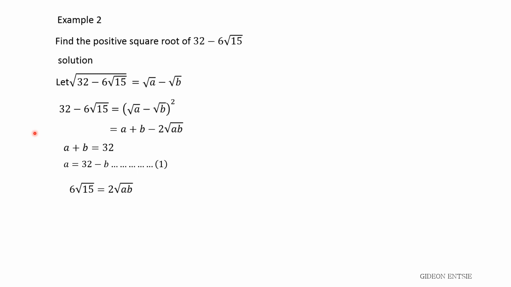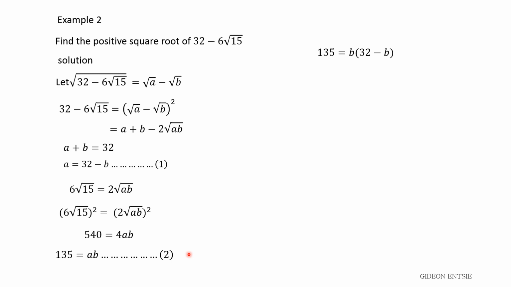By comparison again, we see that 6 square root of 15 is equal to 2 square root of ab. Now squaring both sides, we get 540 equal to 4ab. Dividing both sides by 4, we get 135 equal to ab. But in equation 1, a is equal to 32 minus b. Therefore, substituting a is equal to 32 minus b into equation 2, we get 135 equal to b times 32